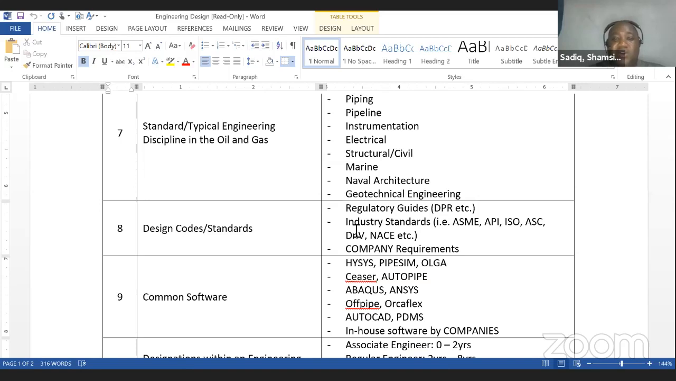However, it does not eliminate the fact that you need your background engineering training, like the calculations, your stress, how to assess stress, combine stress, all those kinds of things. GDPR is prominent. Then for the industry standard, you have the ASME, API, ISO, ACS,